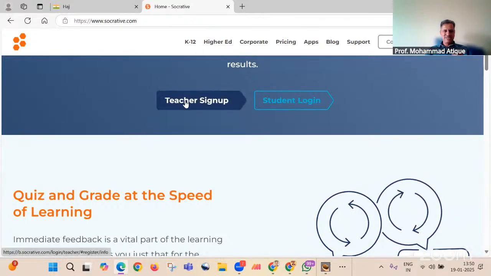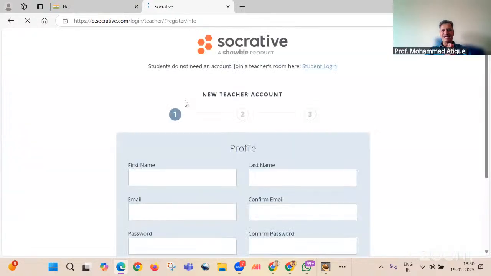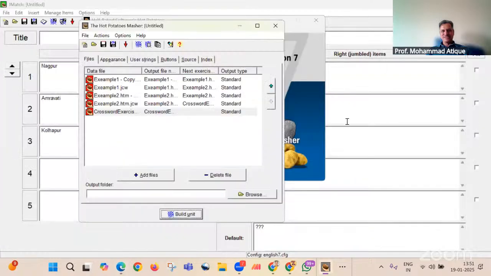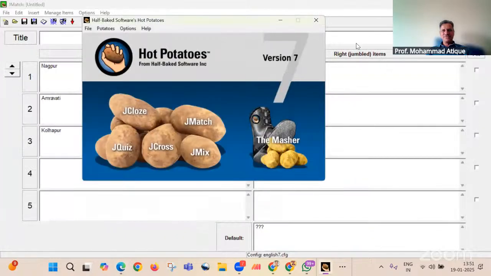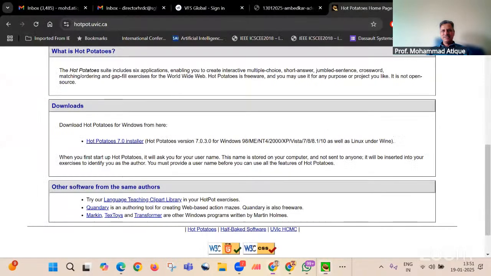I'll just demonstrate some of the functionalities. Again, my free trial has expired, right? But we'll try to dig into it in a little bit of detail. I'll try with a different browser wherein I think I have already logged in.